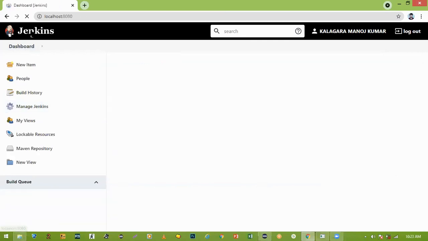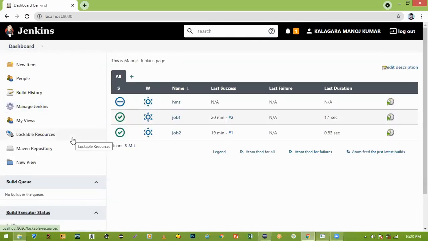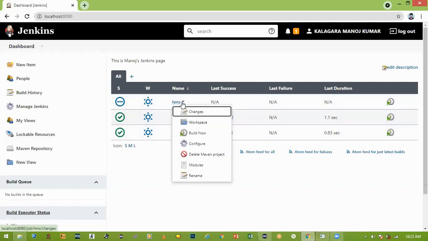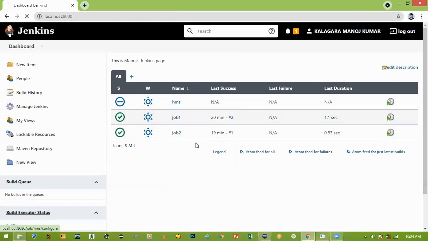It is not enabled. Yes, go to the dashboard. Which job do you want to configure POM for? Go to that job. This is the HMS job. In this job, configure is there.